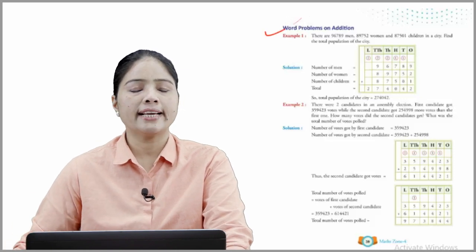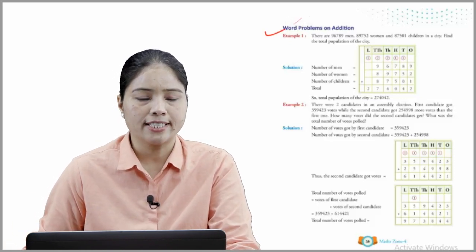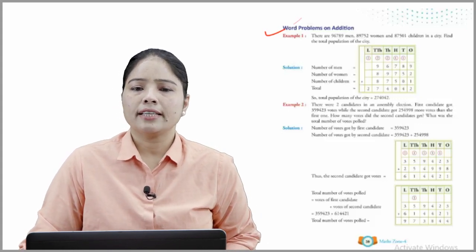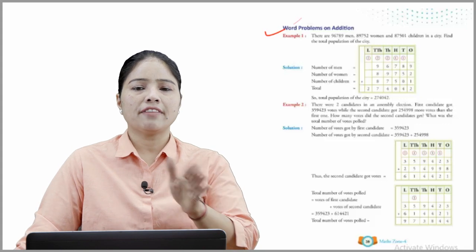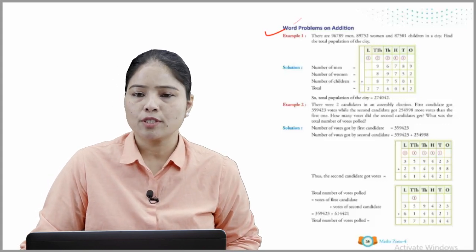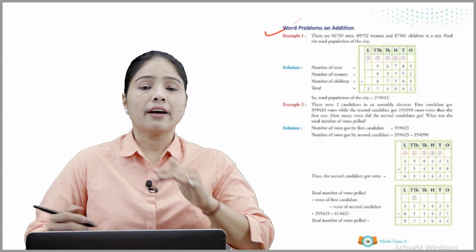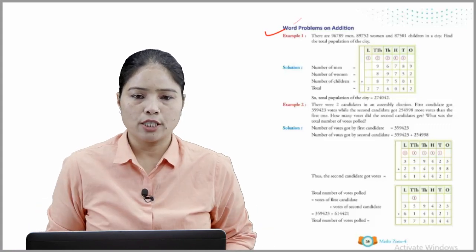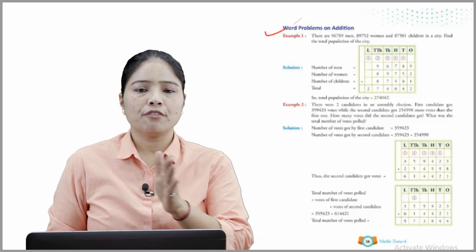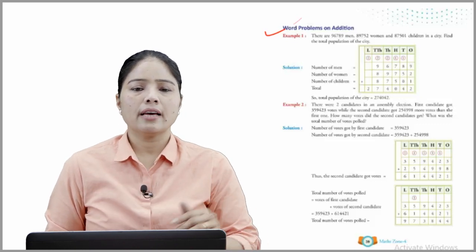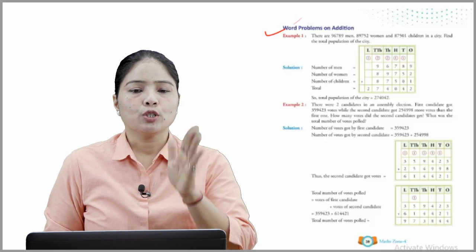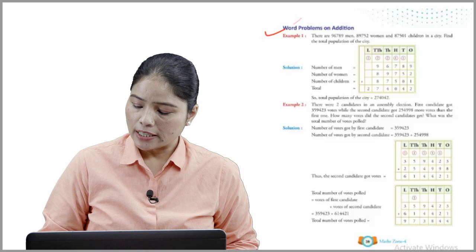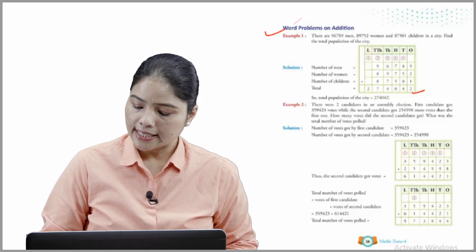Okay, now move on to the next, which is word problems on addition. Example number 1: there are 96789 men, 89752 women and 87501 children in a city. Find the total population of the city. Solution: number of men, number of women and number of children. So the total population of the city, what do we do? First we add the ones place,